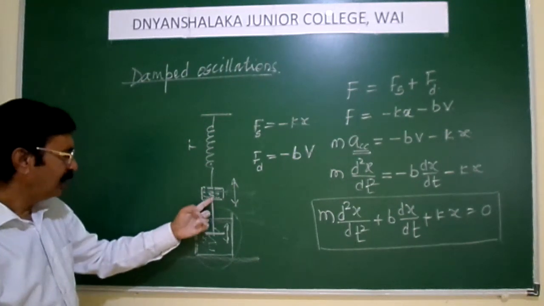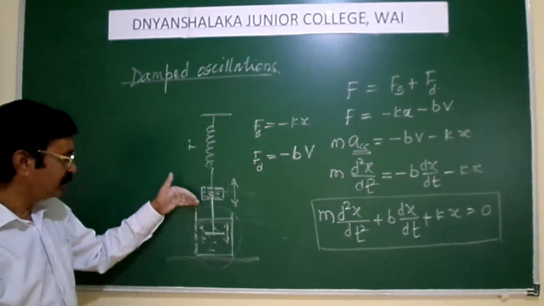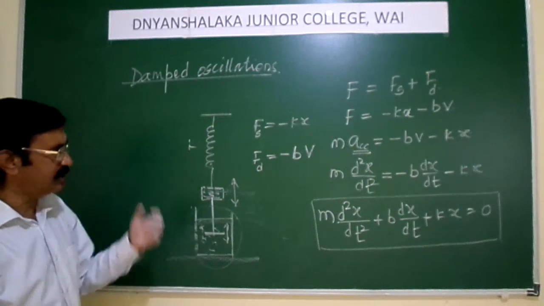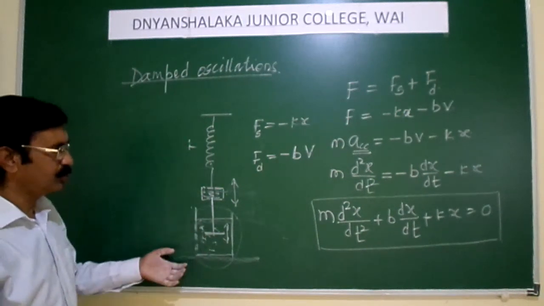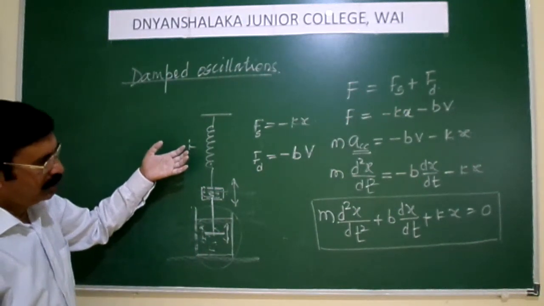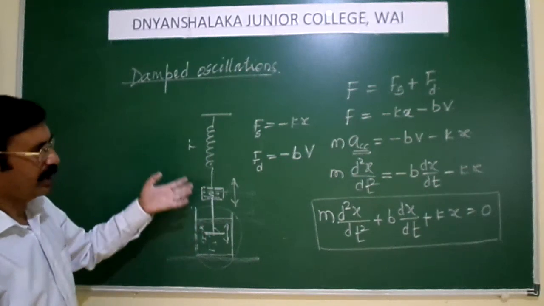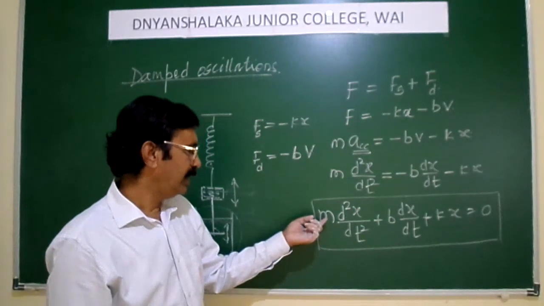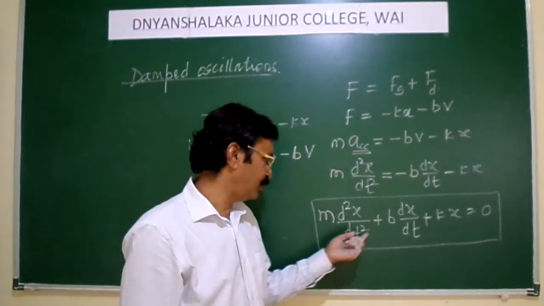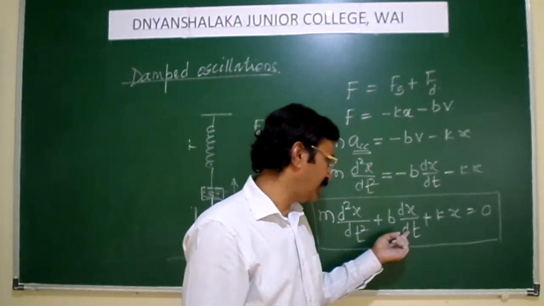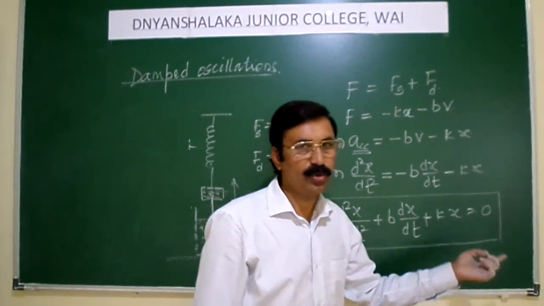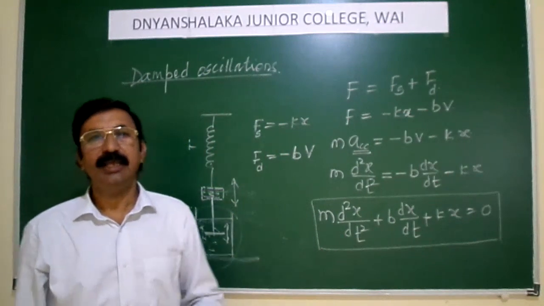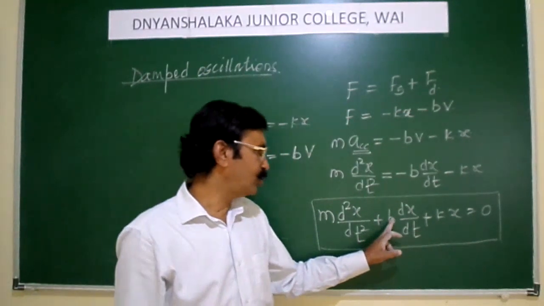Mass is m, to which a vane has been attached, which has been immersed in a liquid of certain viscosity, and when the oscillations go on, these oscillations are given by the differential equation m d2x upon dt2 plus b dx upon dt plus kx is equal to 0. This is the second order differential equation having the two constant